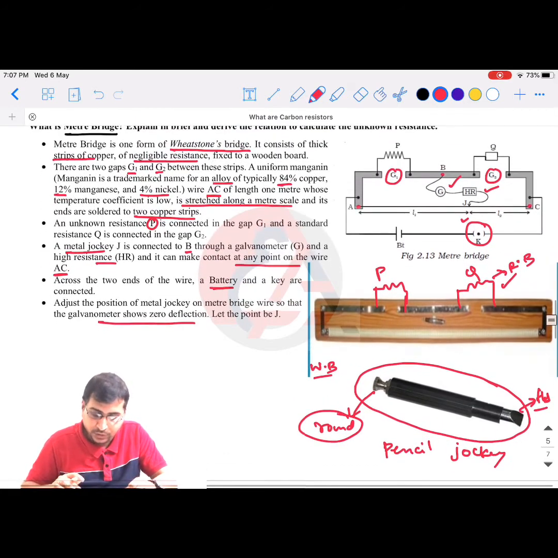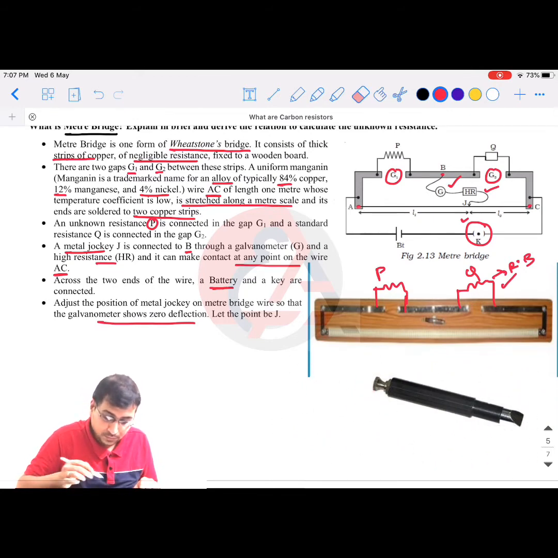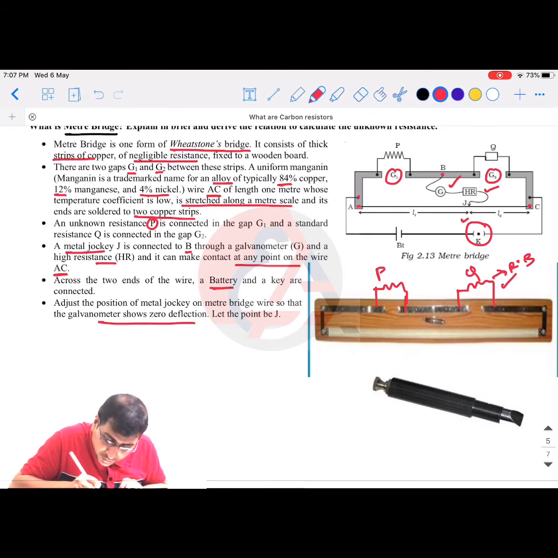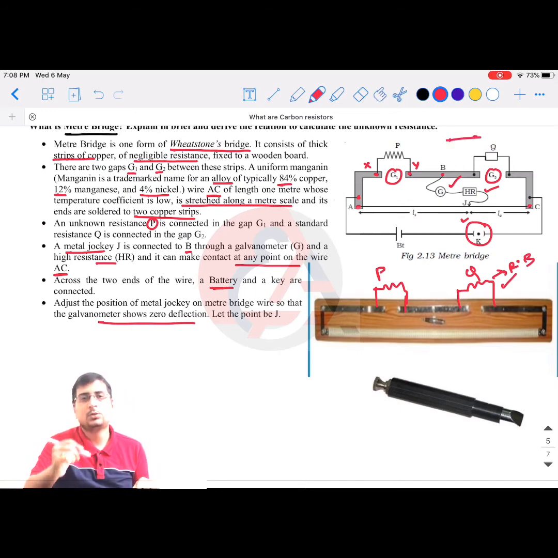Now I'm going to redraw the circuit. Observe. Now this point A, if I call this point X and Y, the point A and point X, they are at the same potential, because in the initial statement it is mentioned that the copper wire does not have any resistance. So if there are 2 points connected with the help of a wire with zero resistance, they both are said to be at the same potential.